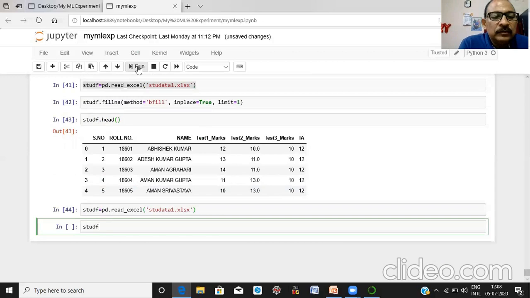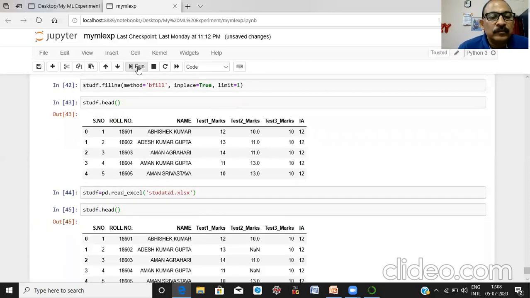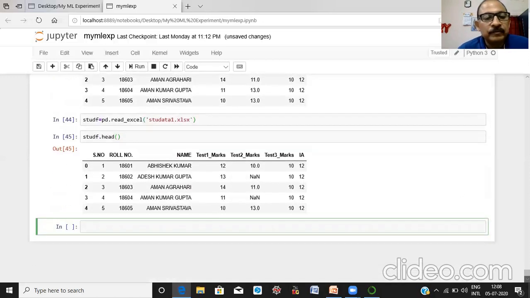Observe the data set. Now we want to check missing value condition and return Boolean value of true or false for each cell.